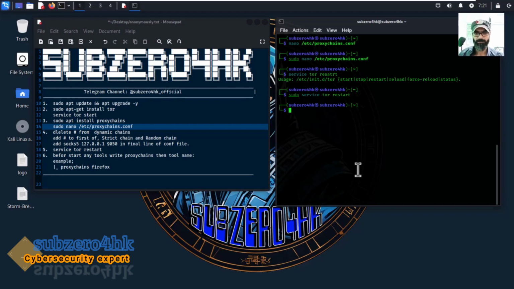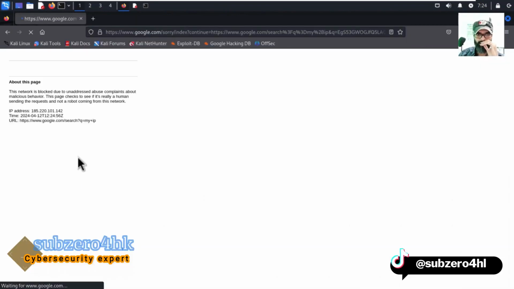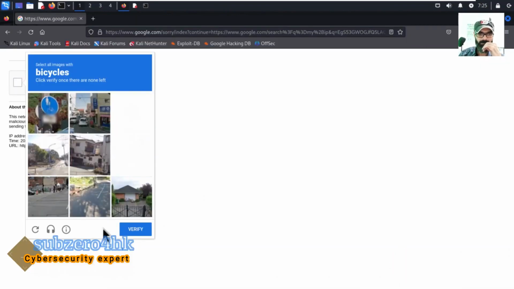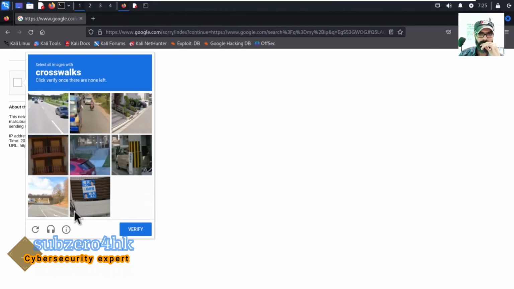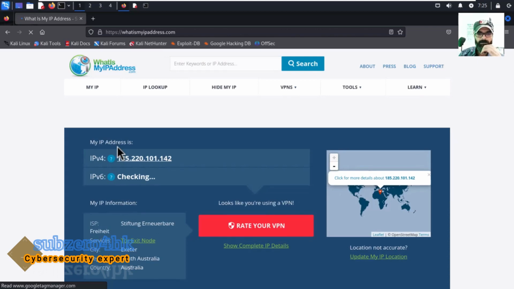So we write proxychains firefox. At this point, our IP must be changed. Let's see. As you see, our IP is changed from the first one, and